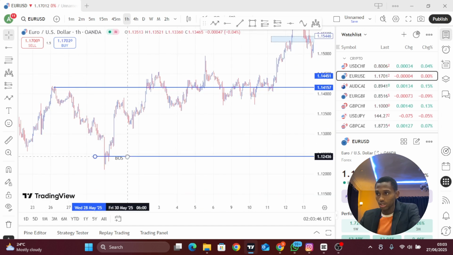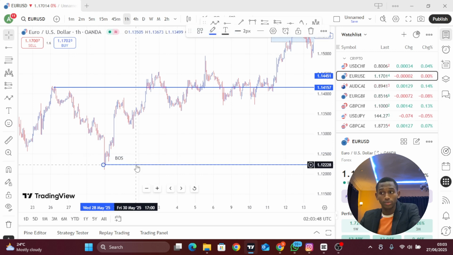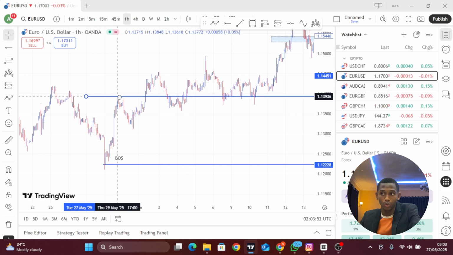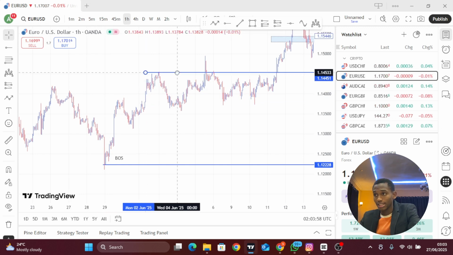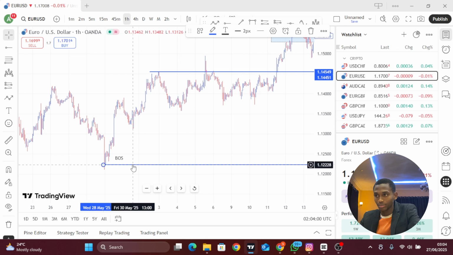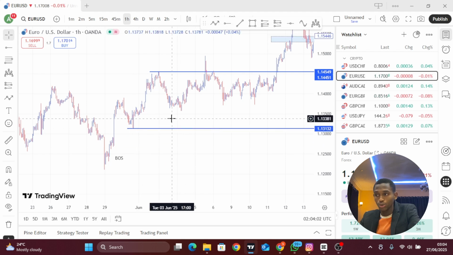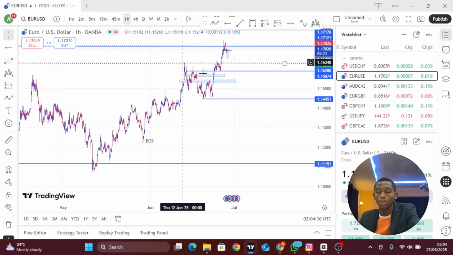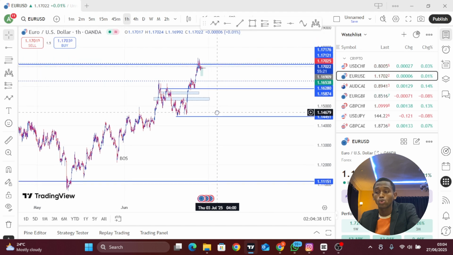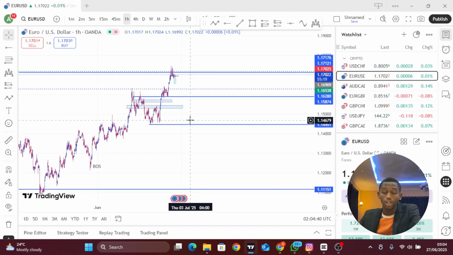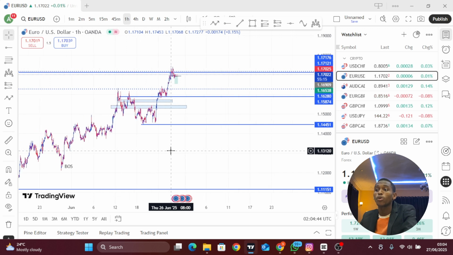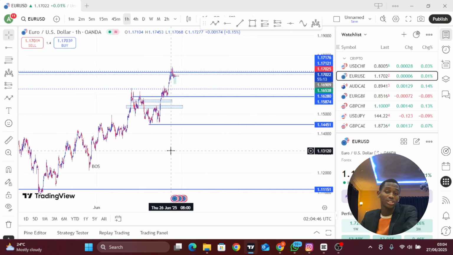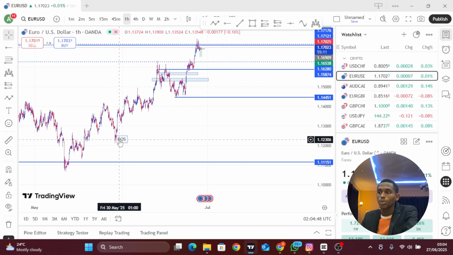So proceeding, we now come here, which obviously you can call a break of structure or a change of structure if you will, and then this is the next one. But then again, we can see the market made a higher high here, and then this is the new low. So overall, on the 1 hour time frame, it is also bearish. Sorry, it is also bullish. I make these mistakes sometimes. It is also bullish. So now we can see the reason I took the sell was because whenever the market